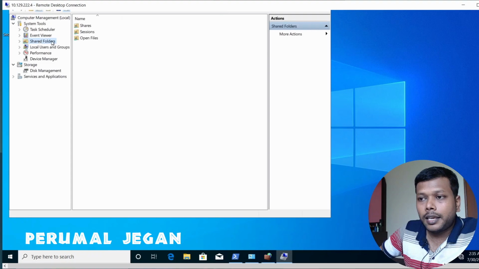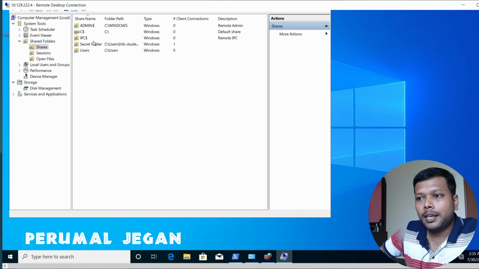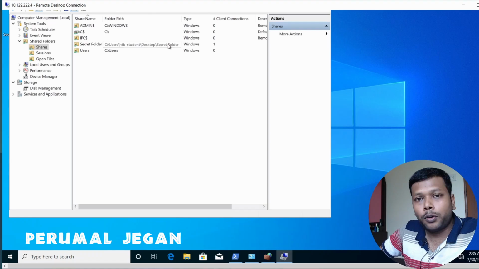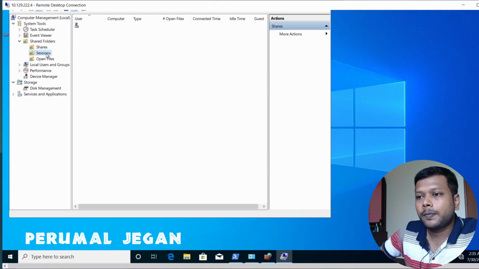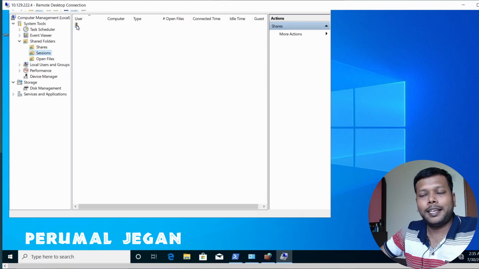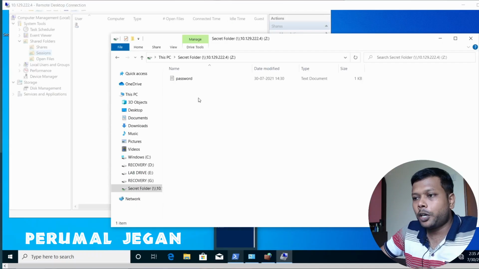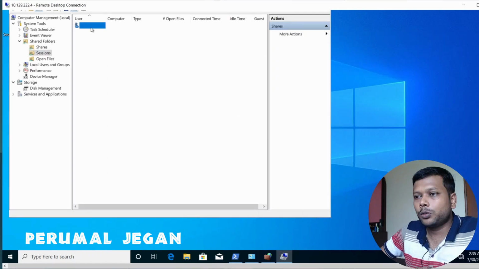Here, I'll be able to view the list of shared folders. In that list, my secret folder is also present. And when I click Sessions, I'll be able to see a user here. I am connected to this particular share, and I mapped this share on my local machine. So that is what is displayed here.